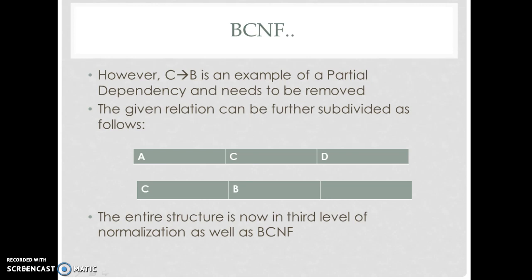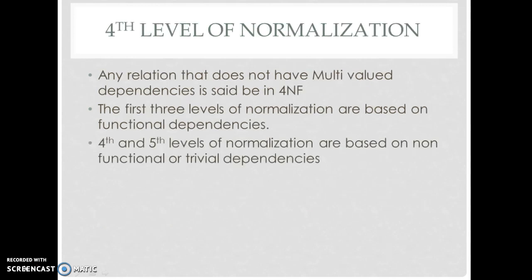Now, both of these tables put together do not violate any of the rules for either 2NF or 3NF or BCNF. Therefore, our entire structure is now both at the third level of normalization as well as in Boyce Codd normal form. We'll now very briefly go over the rules that are required for maintaining fourth and fifth levels of